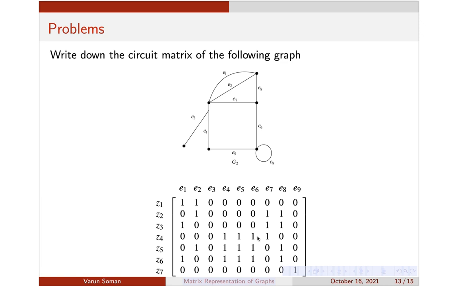Finally, one more matrix is there, that's called the path matrix. Now the path matrix is not defined for the entire graph, it is actually defined for two vertices. For example, suppose your graph has four vertices, maybe I'll put one more here: V1, V2, V3, V4, V5. The path matrix is defined for two vertices.